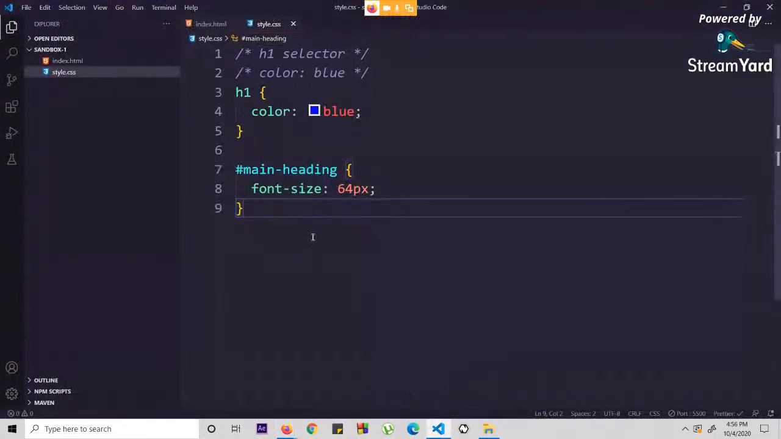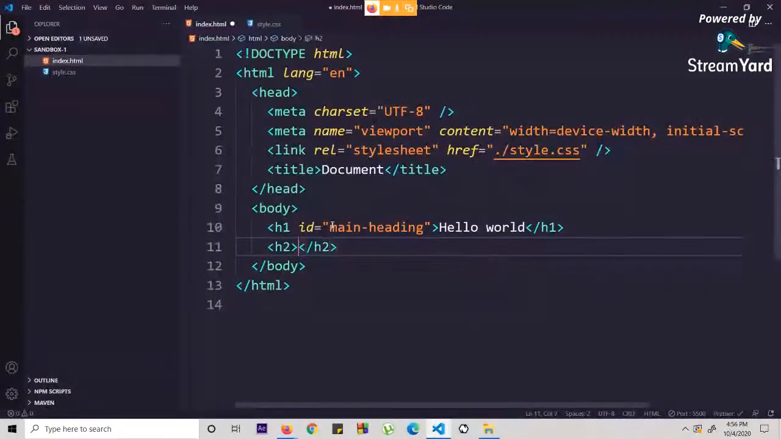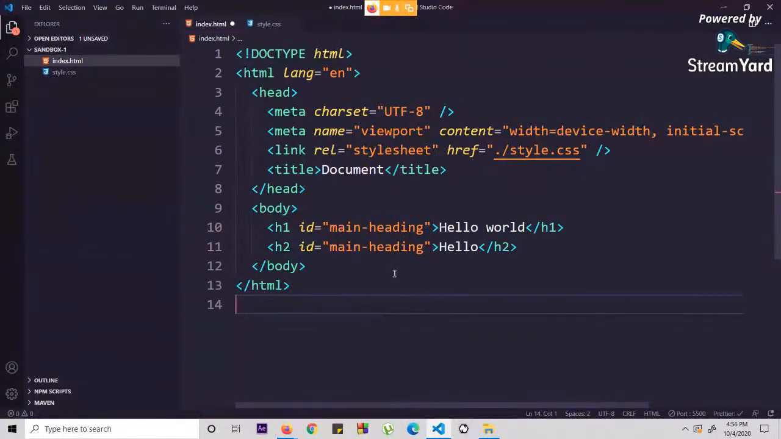Okay. Now let's go to the next selector. But before that, just look at the ID. ID is used to uniquely select HTML elements. Okay, in the sense there can only be one element with the given ID. For instance, I have one more element with the same ID. The thing is, yeah, you can have one more element with the same ID, but the problem is that if